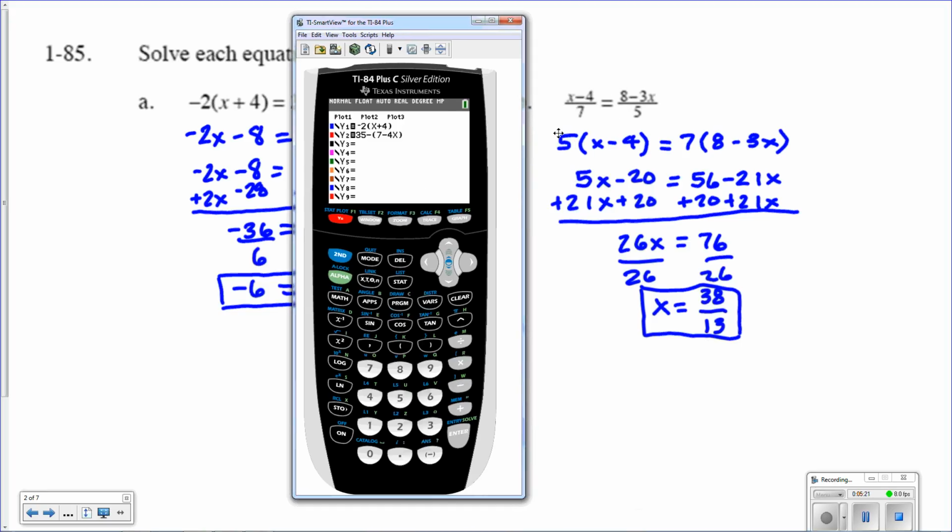Let's type these ones in too. I'm going to clear. So we're going to say here the quantity of x minus 4 over 7. Make sure you use your parentheses, or if you have the ability to type it in as a fraction, go ahead and do that. x minus 4 divided by 7. And then we've got here 8 minus 3x in parentheses divided by 5. So now when we take and we graph this one,